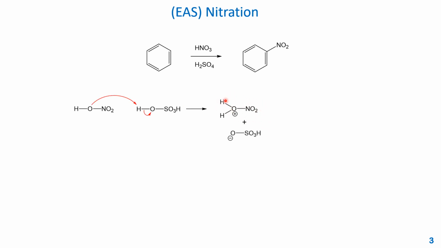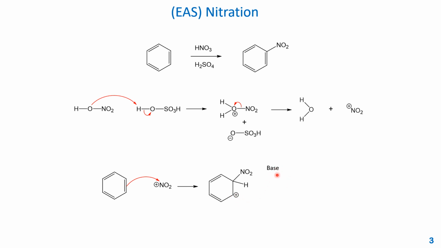formed this intermediate. You can see there's actually a water bonded with the nitro group, and the byproduct is hydrogen sulfate. And this oxygen-nitrogen bond will just cleave, and the water is a byproduct. This nitronium ion is the real electrophile for this nitration. Then the mechanism will be similar. Benzene attacks this electrophile, and then forms this intermediate carbocation, and then the base will deprotonate the proton here, forming the